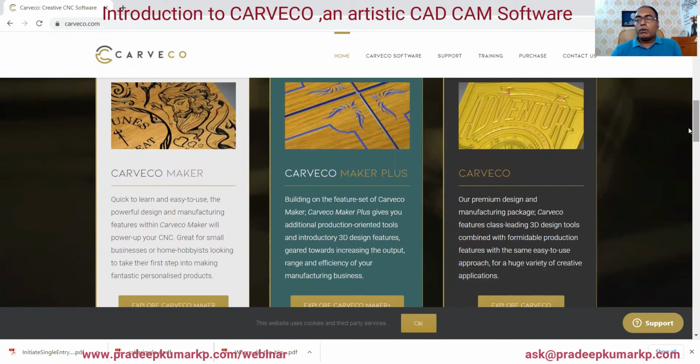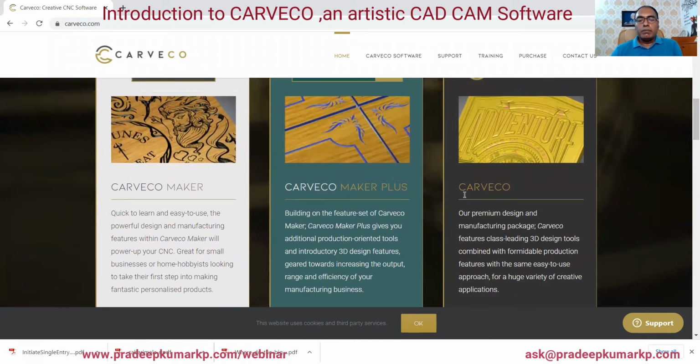Then Carco Maker Plus. Maker Plus has some more production-oriented tools, and 3D design features are also included in it. And Carco is the full premium design and manufacturing software with all the features of the Carco software.